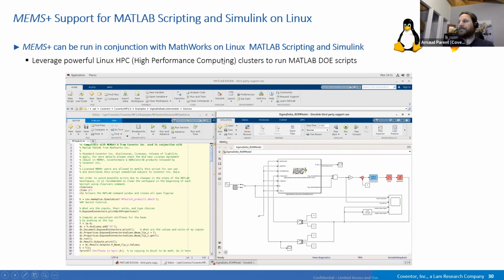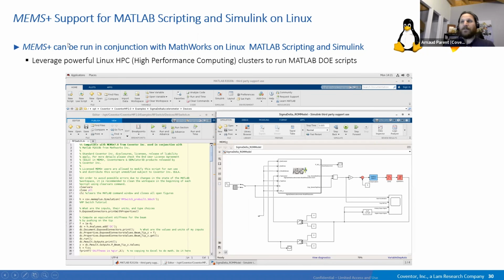The key point is, first, it will allow you to use your favorite operating system, but it's not only that. Something we are seeing more and more recently is HPC, high performance computing clusters. It could be a farm of computers, a lot of servers. It could be something cloud-based, where you are renting from Amazon or Microsoft or whoever you want.